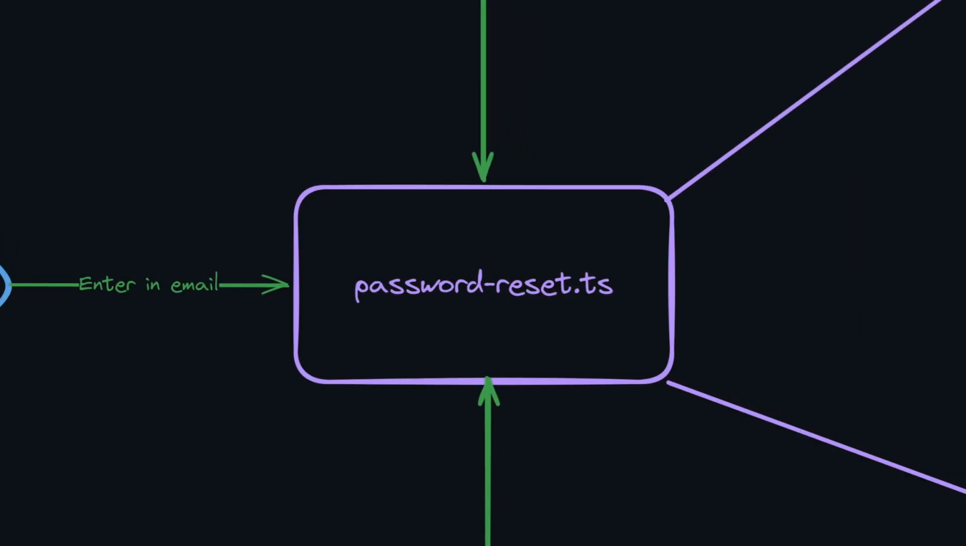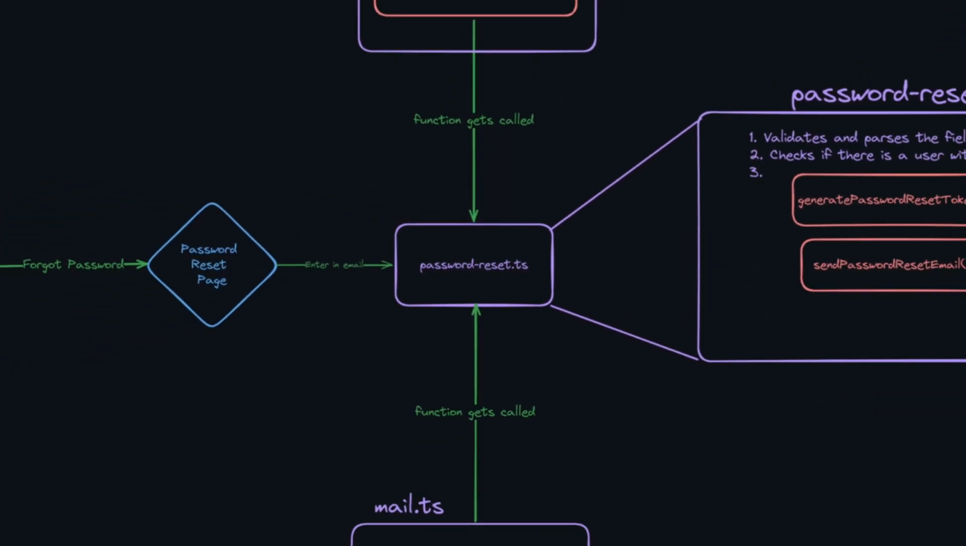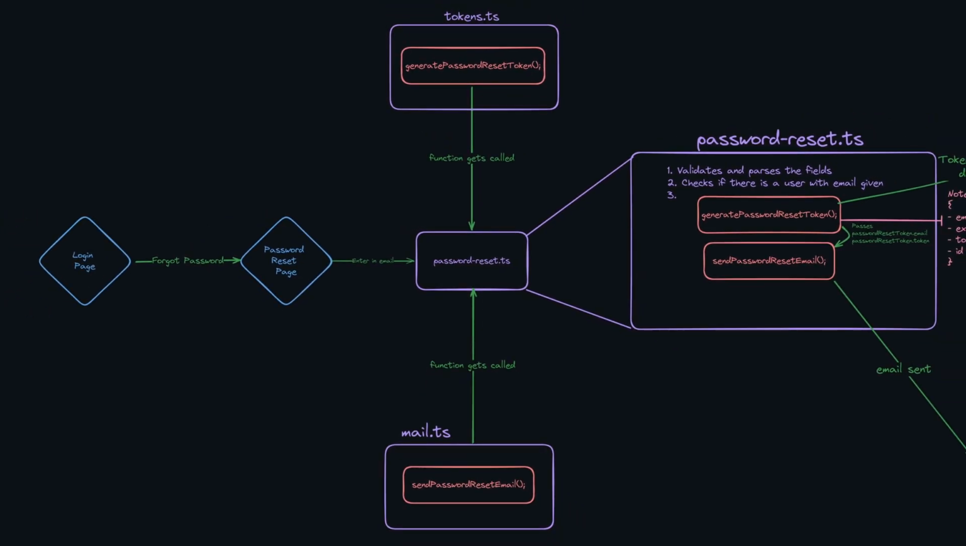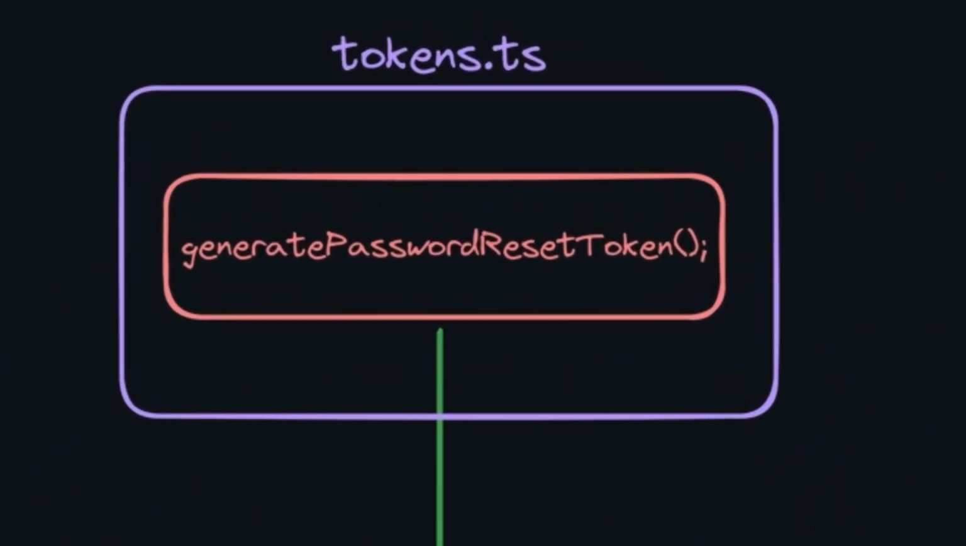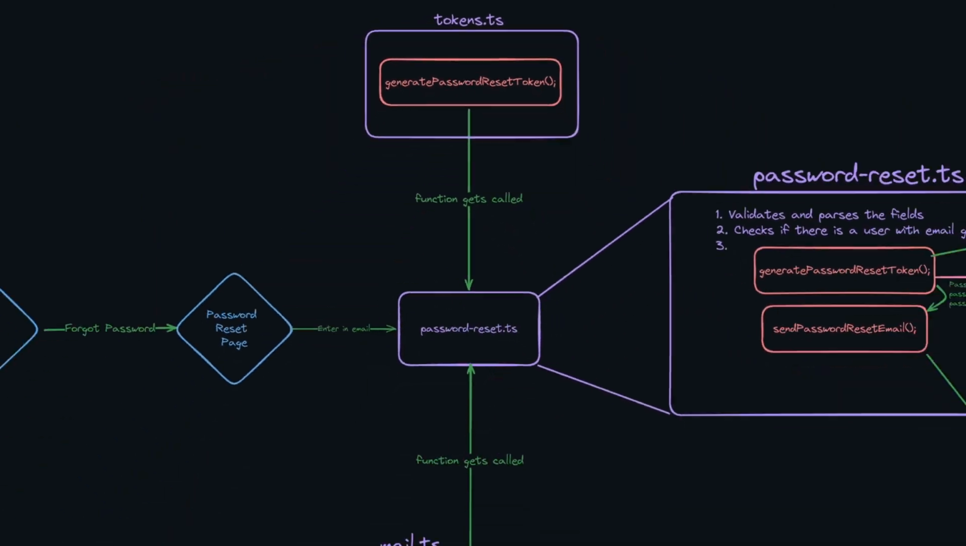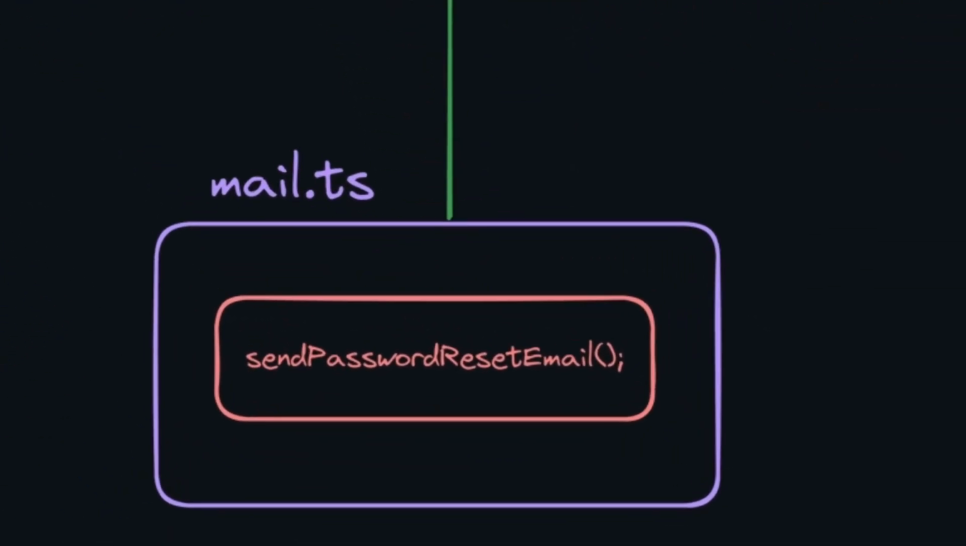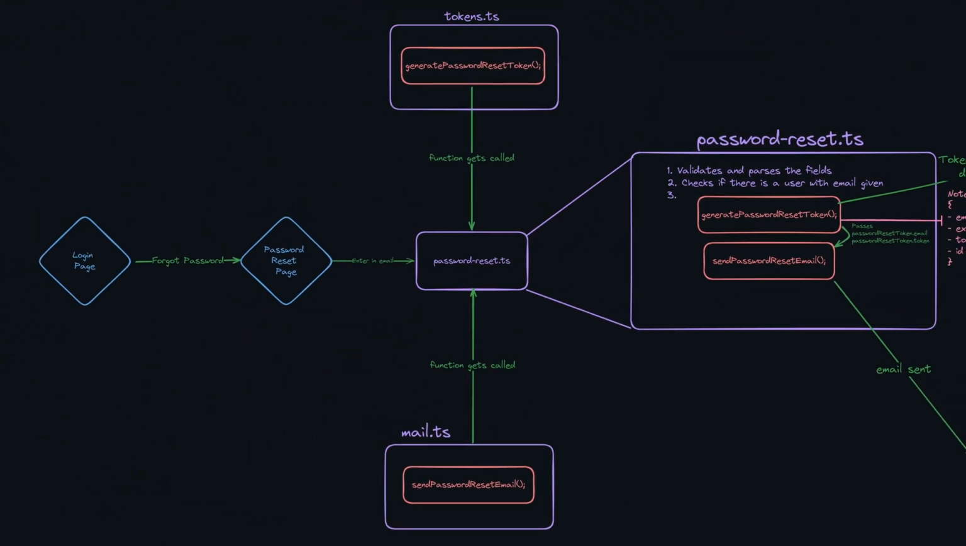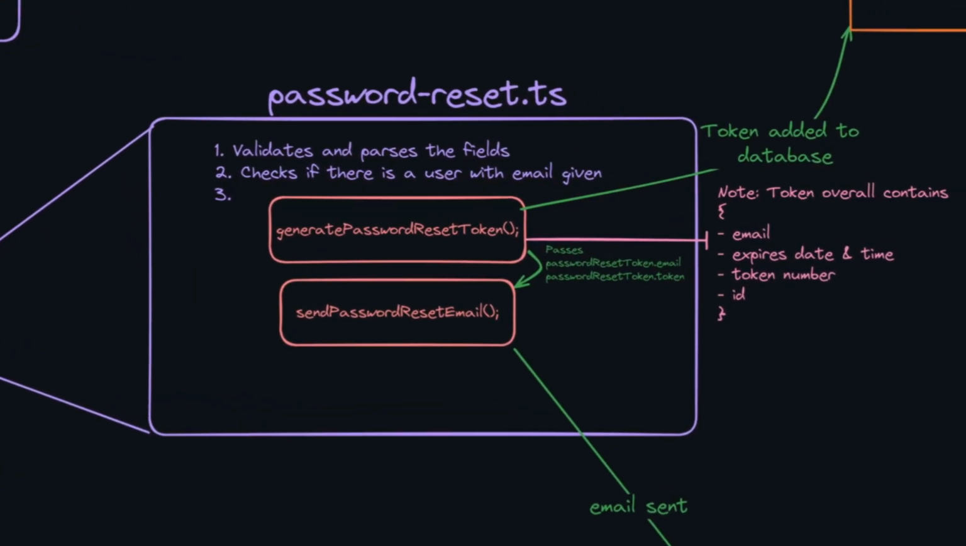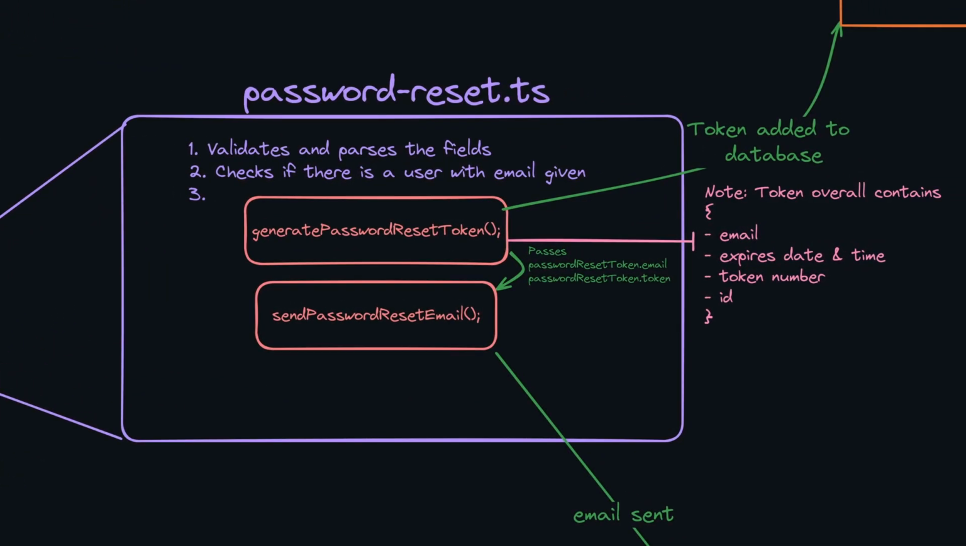And then password reset, as before, we're calling from the tokens file. In password reset, we're calling, like before in the other demo, from the tokens and mail TS files. In the tokens file, we have the generate password reset token, and then we also have in the mail file send password reset email. And then from there, we can look at the functionality of the password reset TS file,